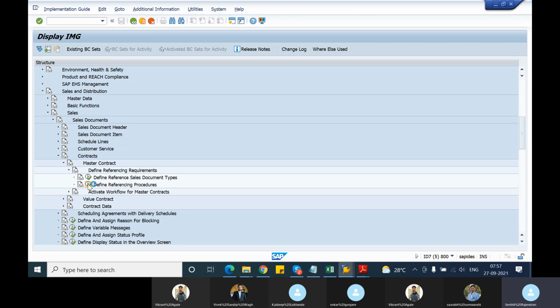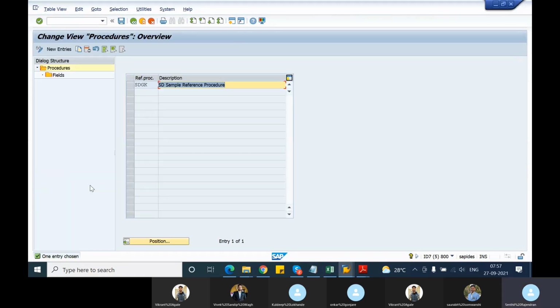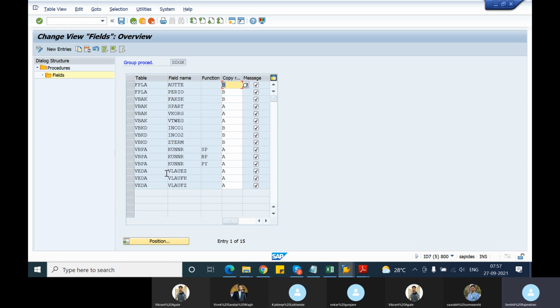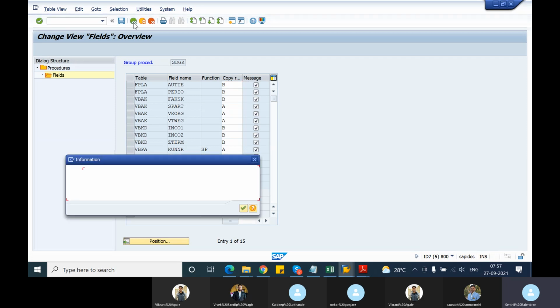First, let us check this. You can create your own reference procedure and assign the procedure to your master contract. What contracts can be grouped under a master contract will be decided based on this particular setting. Here is the sample reference procedure SDGK. You can select this, go to the fields. These are the fields that will be placed in this reference procedure. Now you can assign this procedure